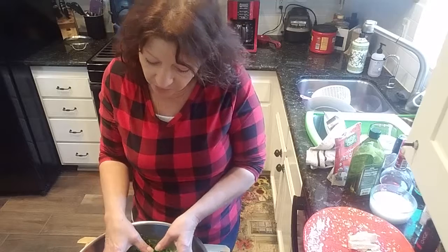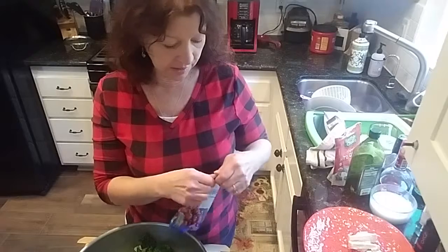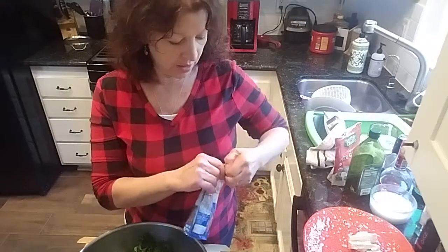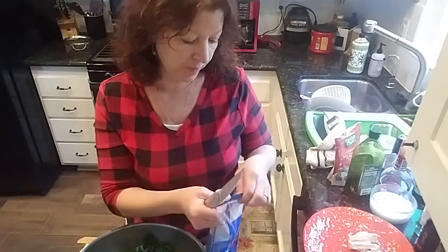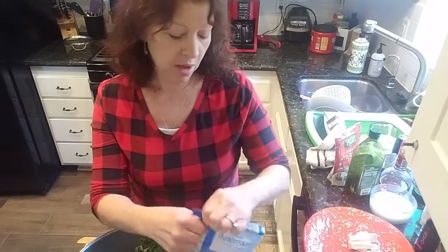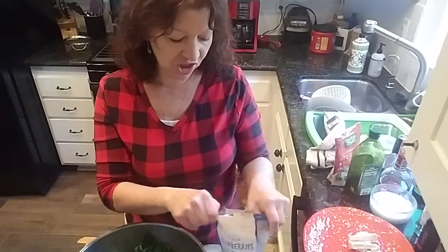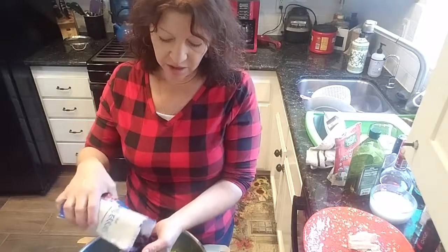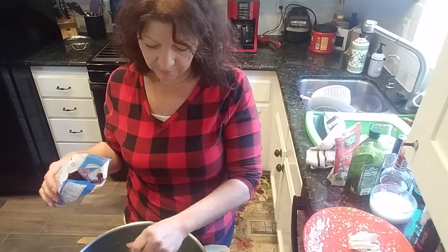And now, excuse me, what you're going to do is, let me add my cranberries. And I just have this bag here that's impossible to open. And I'm going to use a knife, which I should in case I don't want you to see that. I should use a scissors to open it up. And I'm just going to put in a couple of good handfuls of cranberries. And we're going to